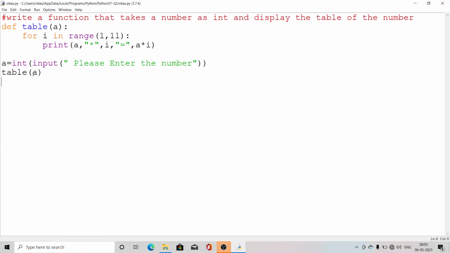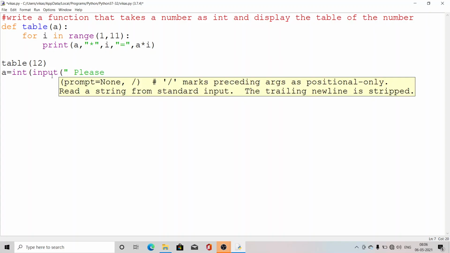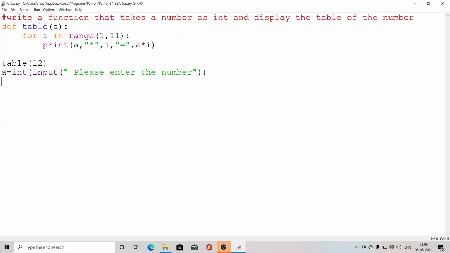My dear students, you should be aware at the time of passing an argument also. We have two methods. I can pass a direct value here like that, table 12, or I can take the input a is equal to int, in the bracket input, and I will give the message please enter the number, and then I can write table a.